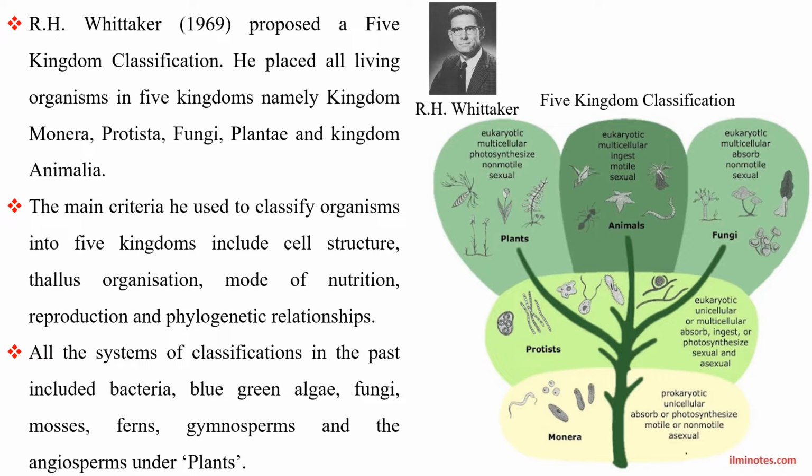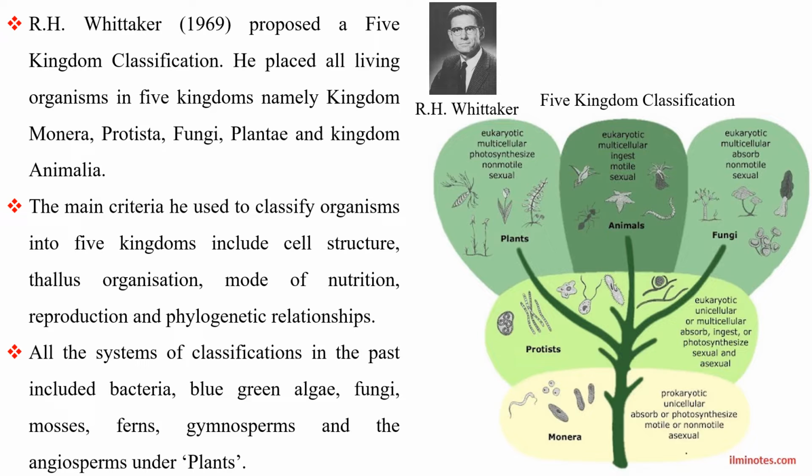R. H. Whittaker, 1969, proposed a five-kingdom classification. He placed all living organisms in five kingdoms, namely Kingdom Monera, Protista, Fungi, Plantae, and Kingdom Animalia. The main criteria he used to classify organisms into five kingdoms include cell structure, thallus organization, mode of nutrition, reproduction,